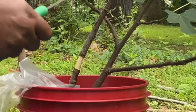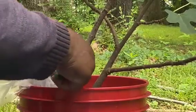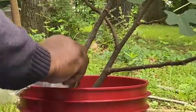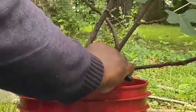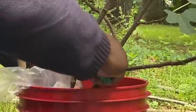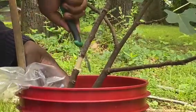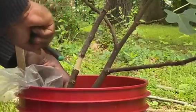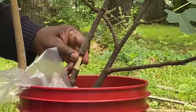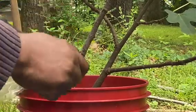So remove that, and then the next thing you would do is to scrape the cambium layer. Scrape it. Okay, so I've scraped the cambium layer,